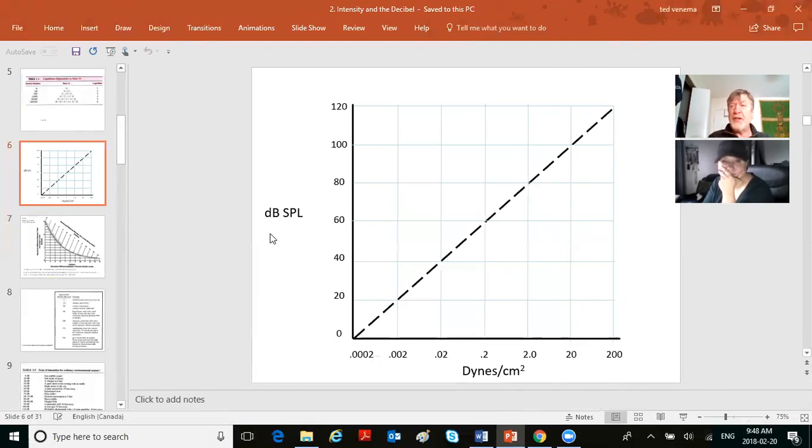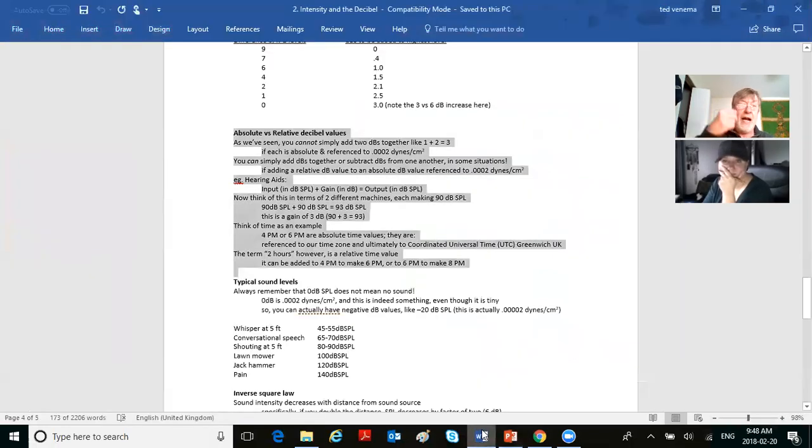So what's 4 p.m. plus 6 p.m.? I don't know, it doesn't make any sense. I can't add two absolute values like that together. It doesn't work, okay? But what's 4 p.m. plus 2 hours? 6. What's 6 p.m. plus 2 hours? 8. All right, let's take it home to hearing aids, because decibels, like time, is also absolute